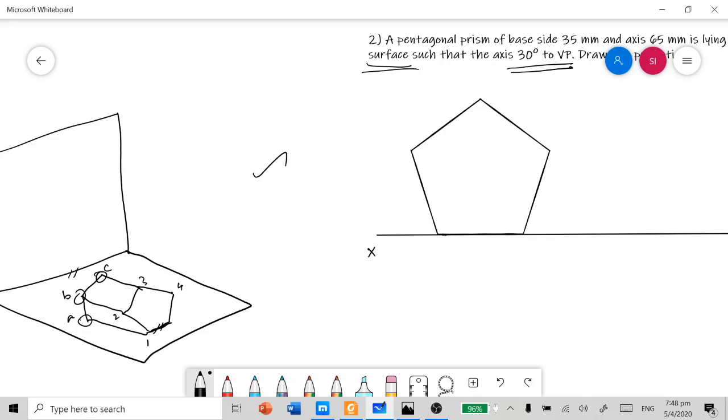Let me name the corners of the solid: A, B, C, D, E, and in the face 1, 2, 3, 4, 5. They are front view points, so I need to give the superfix for each and every point.